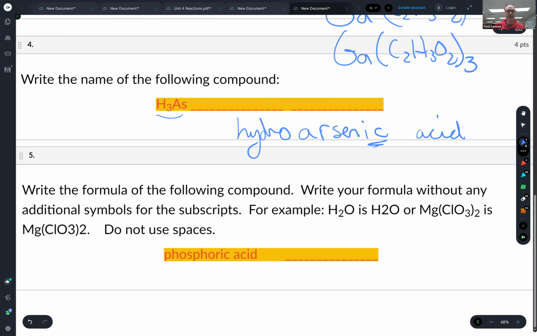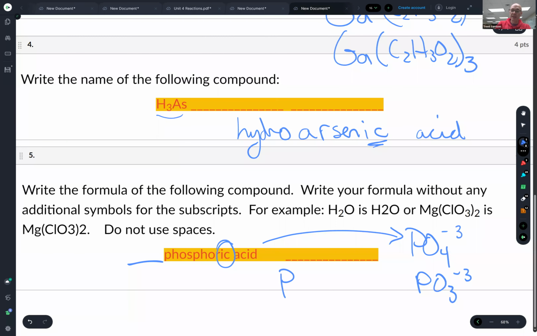All right. Number 5. Now, this one has no prefix hydro in front. So I know also that it is a polyatomic acid. PO4 is phosphate, and PO3 would be phosphite. So the higher number of oxygens takes the IC, and that means we're going to be using phosphate. So to balance the fact that it has a 3- charge, I'm going to have to put in 3 hydrogen. So my formula is H3PO4. All right, moving on